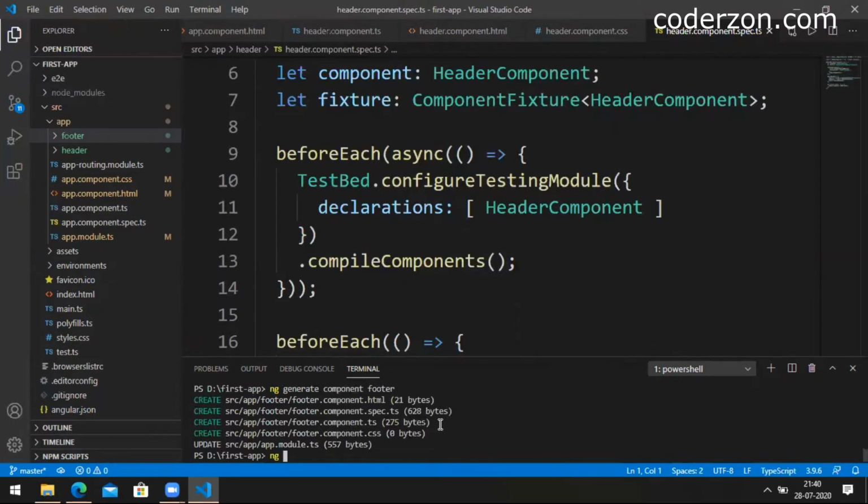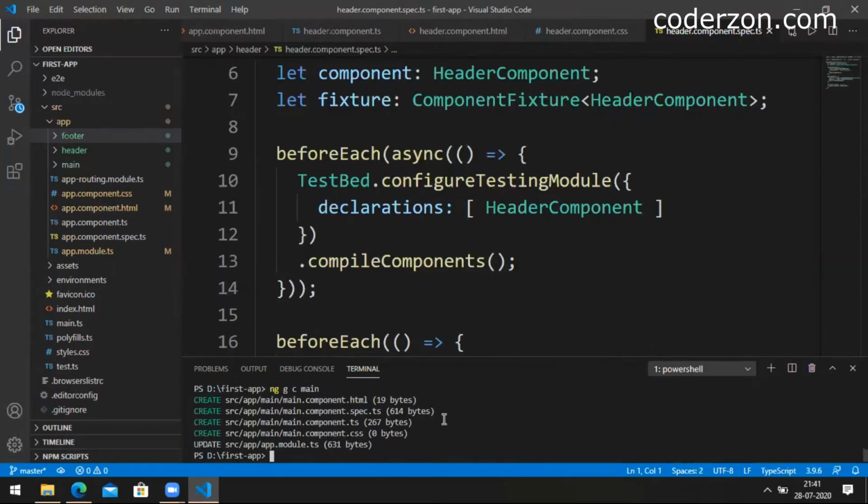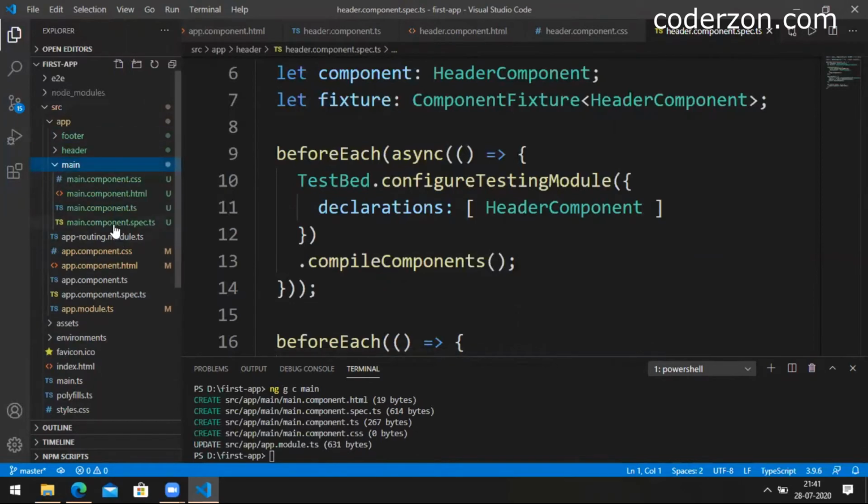Instead of ng generate component, I can use the short form ng g c main. So now we have created three components.